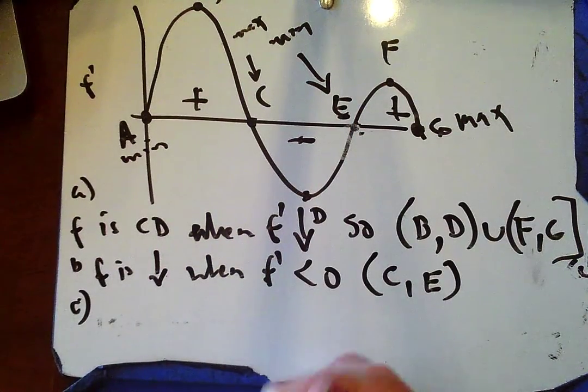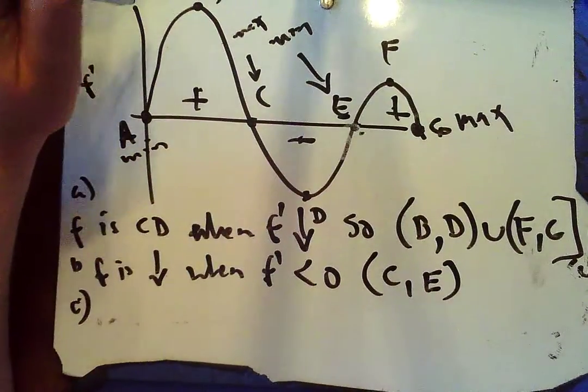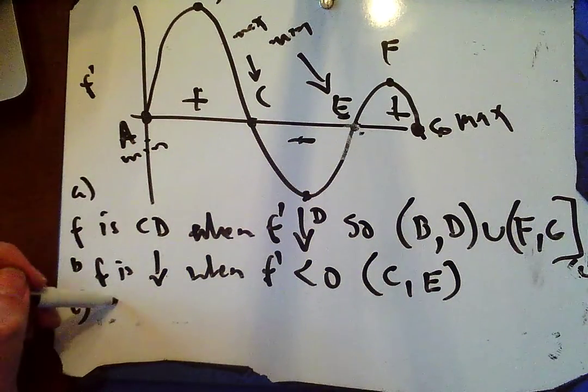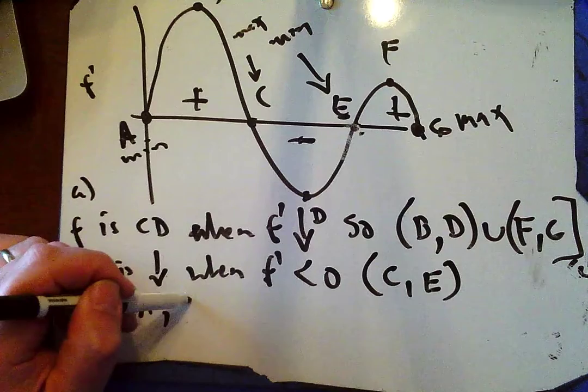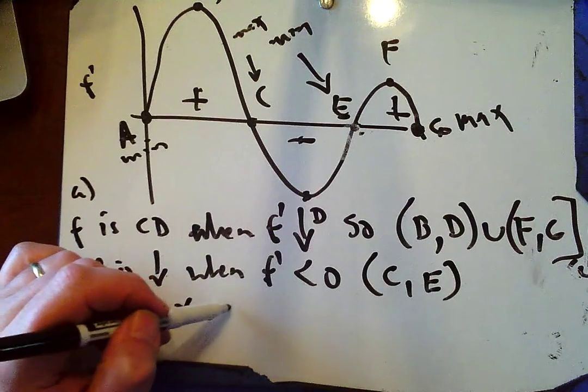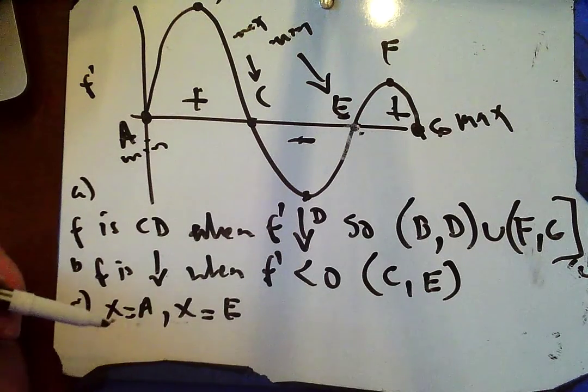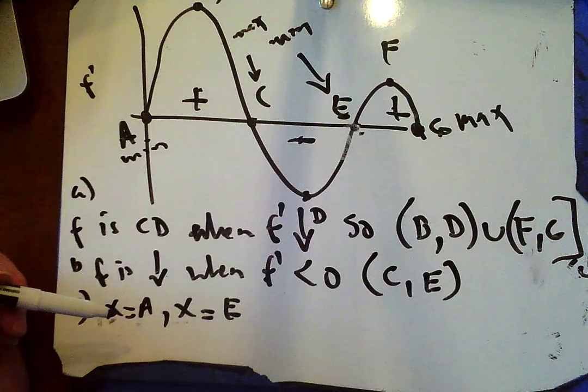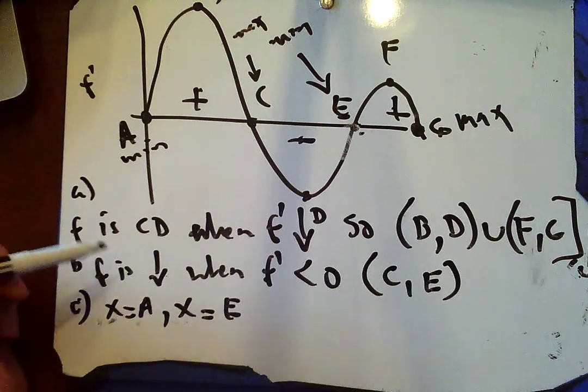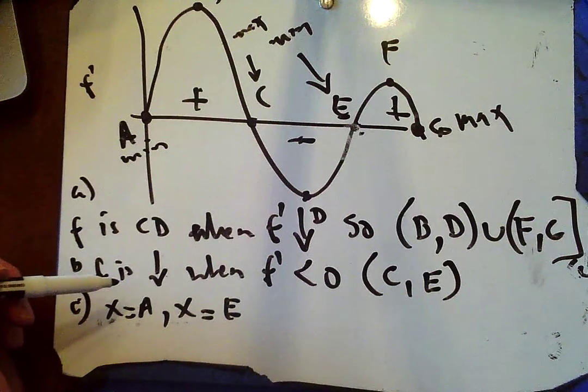And what about inflection points? Well, I know inflection points are at x equals a and x equals e. And you write the justifications. And then for this last question, when does f have any inflection points? Well, f has an inflection point when there's a sign change in f double prime. And what I'm looking for is